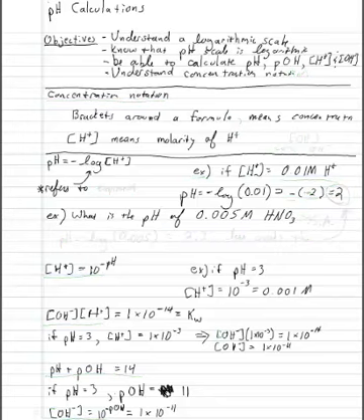In this lesson, we are going to discuss pH and pH calculations. Our objectives are to understand what a logarithmic scale means, to understand that the pH scale is a logarithmic scale. We should also be able to calculate pH, pOH, concentration of hydrogen ions, and concentration of hydroxide ions, and understand